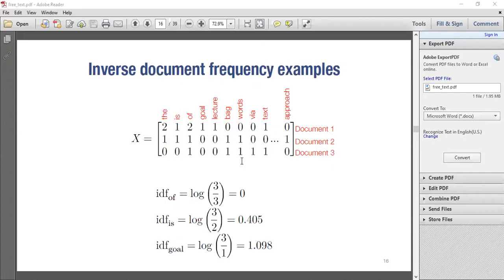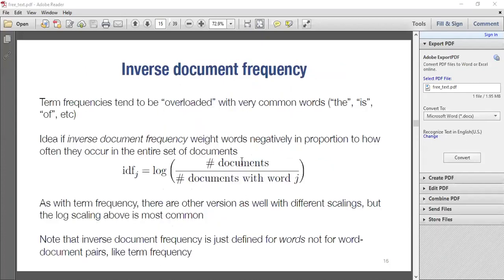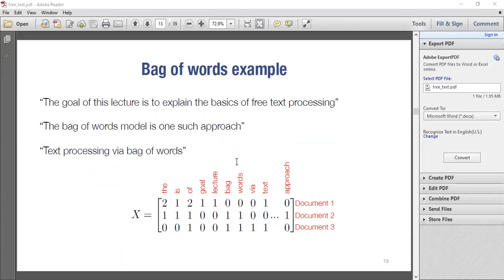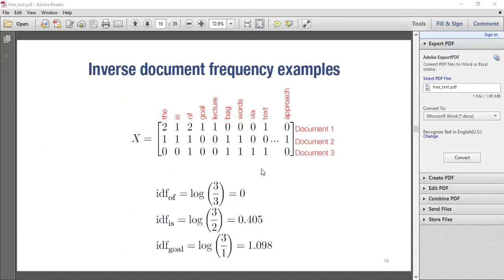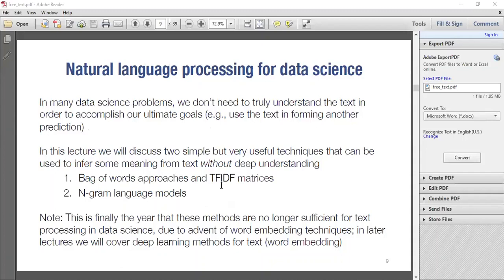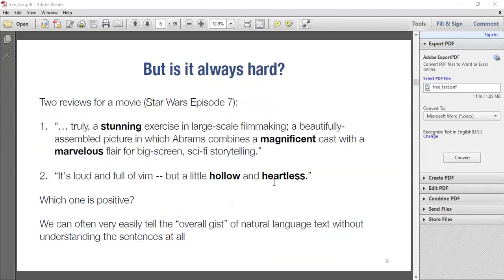When we were looking at sentiment earlier on, there were certain words that were highlighted. Let me see if I can find them. That's okay. There are certain words like stunning, magnificent, marvelous, hollow, that give us the true context of what we are dealing with in that particular document.